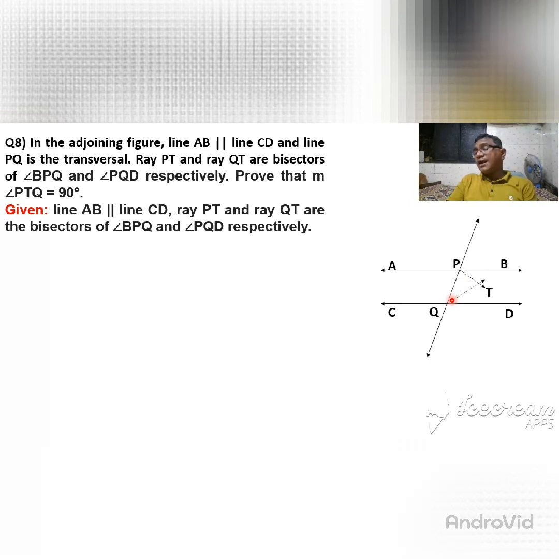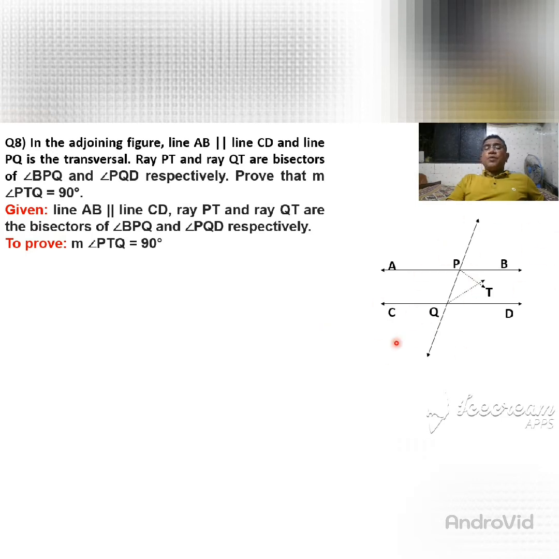Why are they interior angles? Because AB is parallel to CD and this is the transversal. So they are interior angles and the sum of them is 180 degrees. With the help of that, the sum of angle P and angle Q is 180 degrees. With the help of that, we can find out what angle T is equal to.